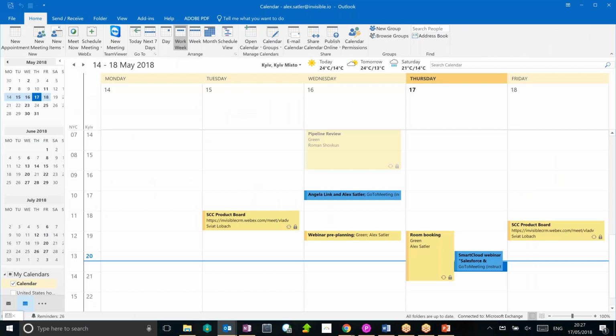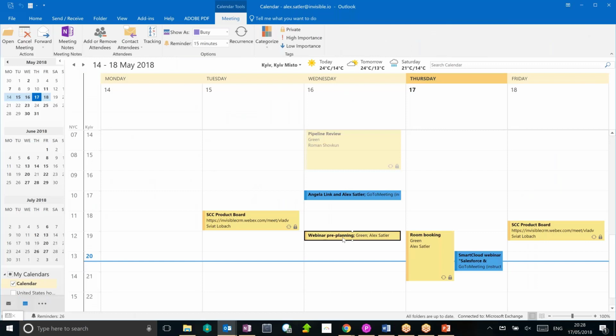All right, but say you don't want that in Salesforce. So if that's the case, all you have to do is click on the meeting, just select any meeting, like a webinar pre-planning, for example, that we had with Tom yesterday. And in the ribbon, you have an option to mark it as private. That's all. And you see a little padlock is applied to that meeting. So if you mark that as private, it will only stay in your calendar and will not go to Salesforce automatically. So this scenario is recommended for everyone who prefers to have, let's say, 80–90% of their meetings logged